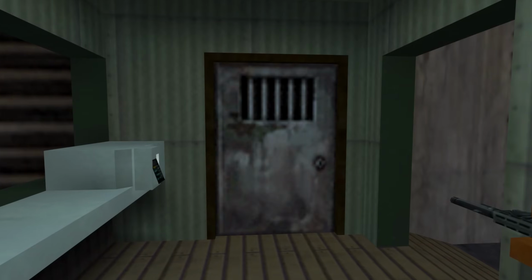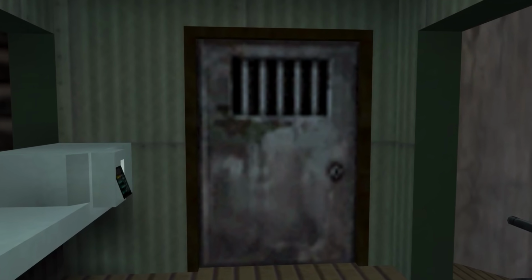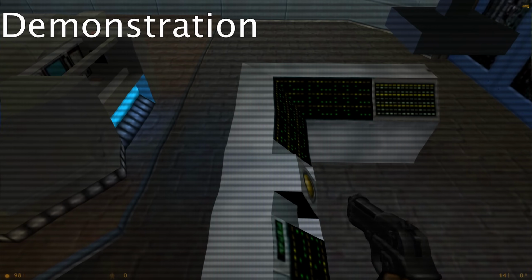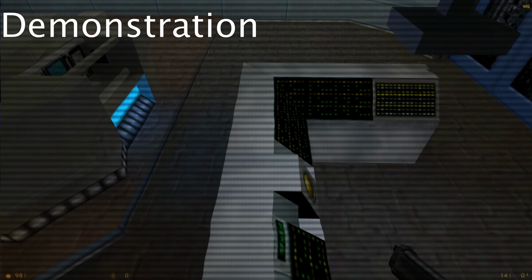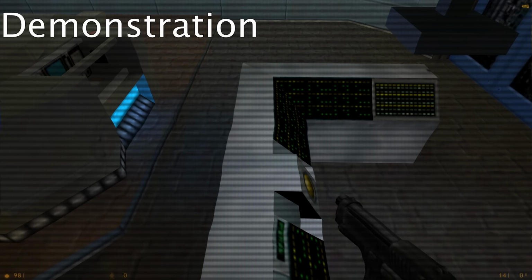And now it's time for us to perform Half-Life Speedrunning's most important trick, the infinite health door glitch. On this map, there are two very special doors. When a player is blocking a door, they will be hurt by a certain amount for every frame they are blocking the door.